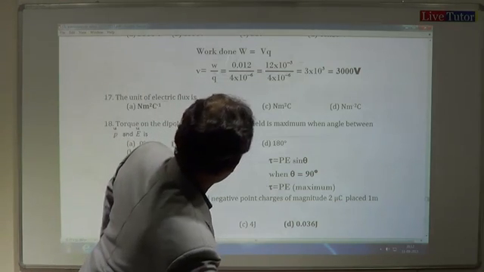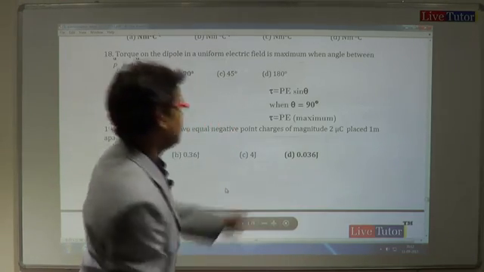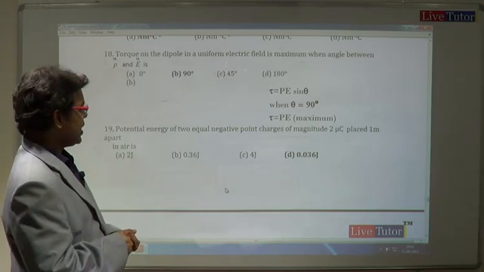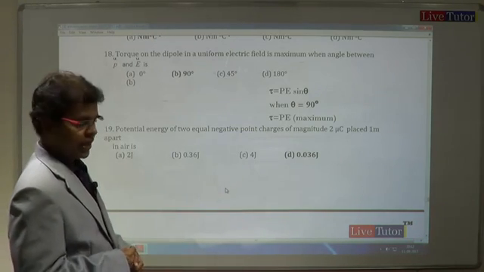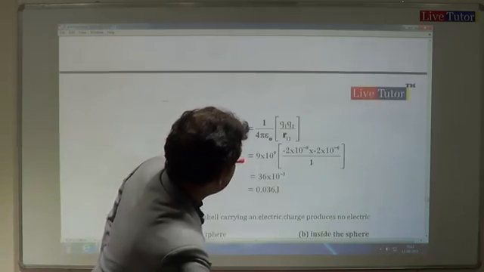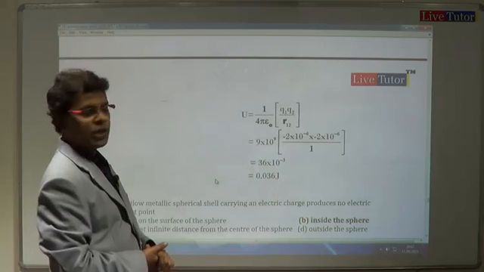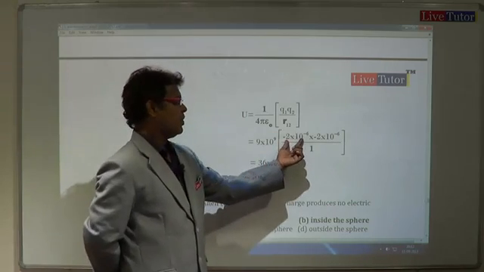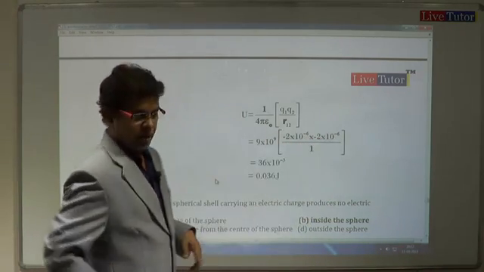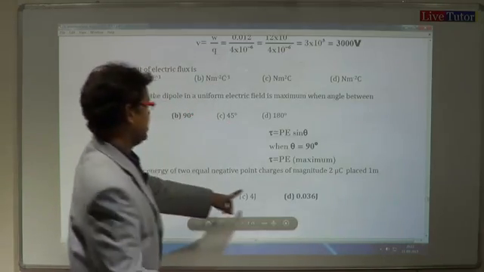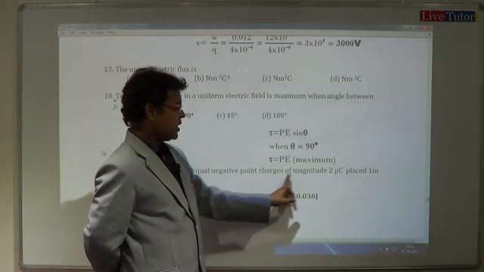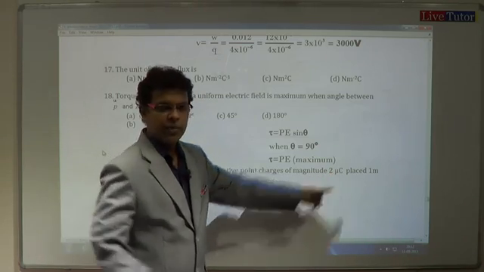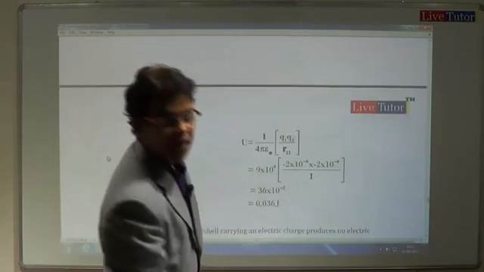The next one is the potential energy of two equal negative point charges of magnitude 2 microcoulomb placed 1 meter apart. Electric potential energy, what is the formula? Can you tell me? I'll give you: 1 by 4 pi epsilon naught into Q1 Q2 by R. Since we are talking about two charges, one is 2 microcoulomb, another one is also, because the question says two negative, equal charges of magnitude. What have they said for both? Negative charge. The value of both is 2 microcoulomb. So what should we do? For Q1 and Q2, we have to substitute the value as,